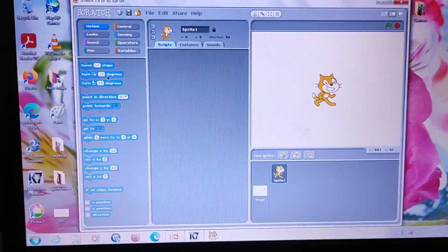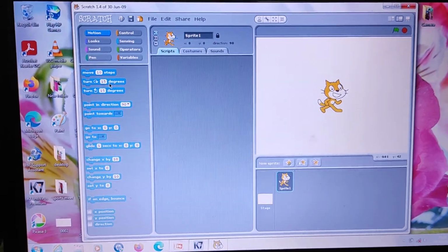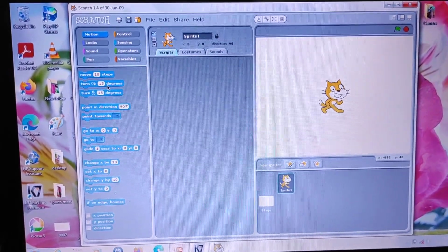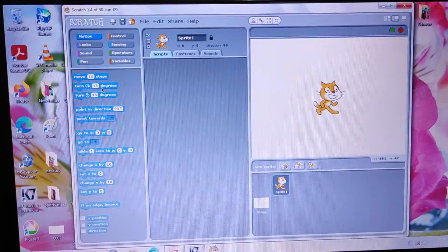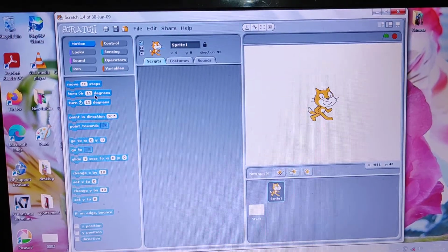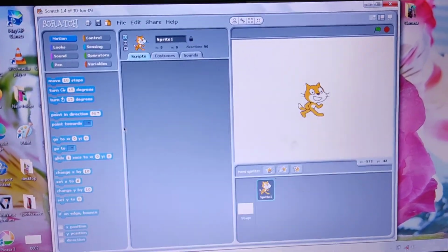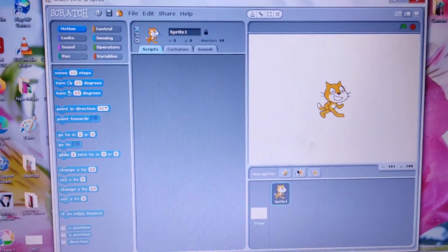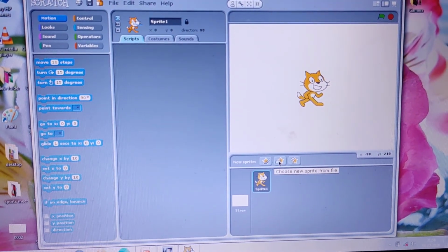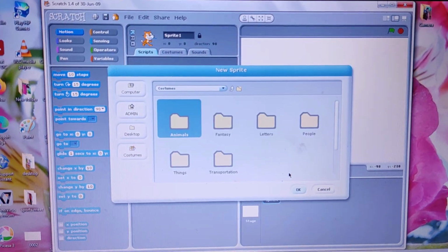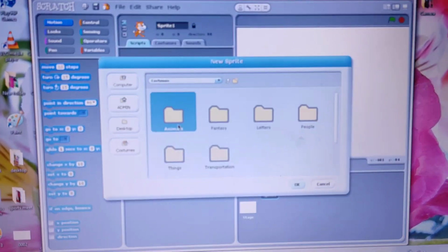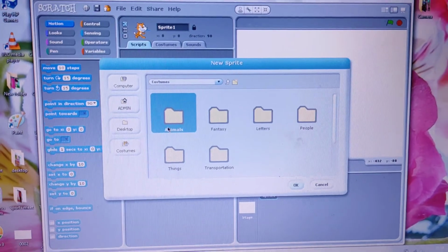Next is working with two sprites. In Scratch you can work with more than one sprite on the stage. How can we add a sprite? Add one more sprite on the stage by clicking on the Choose new sprite from file button. Here, the second button, Choose new sprite from file. Click on it, and from here you can select any one. For example, these are folders; in this folder you can select any one.